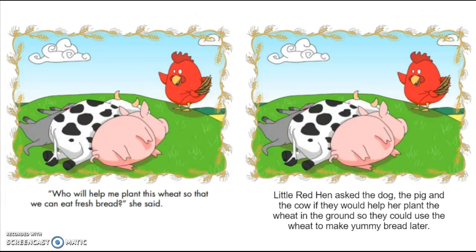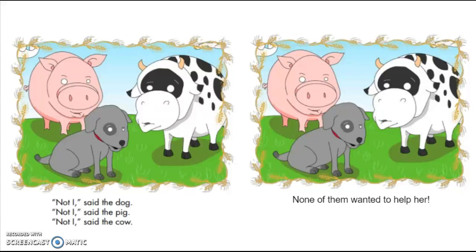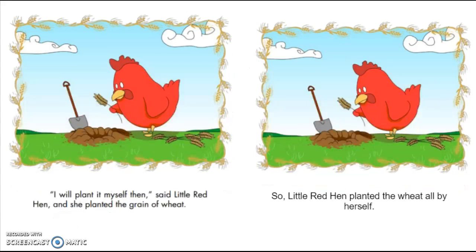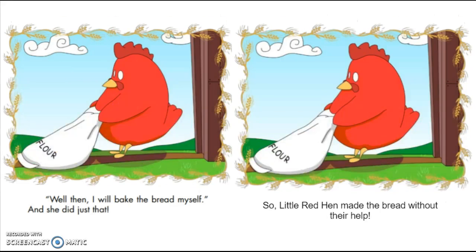So, but if the student did want to know what the word grain is, they could use the Chromebook to look it up, or they could ask me and I could easily tell them. Or they could be able to connect that a grain of wheat is one little piece of wheat. But yeah, so I went through, and again on this slide, instead of each of the animals having a quote that they said, I just said none of them wanted to help her, instead of each of the individual animals saying no, that they didn't want to. But yes, so I just went through here and modified all of the pages,